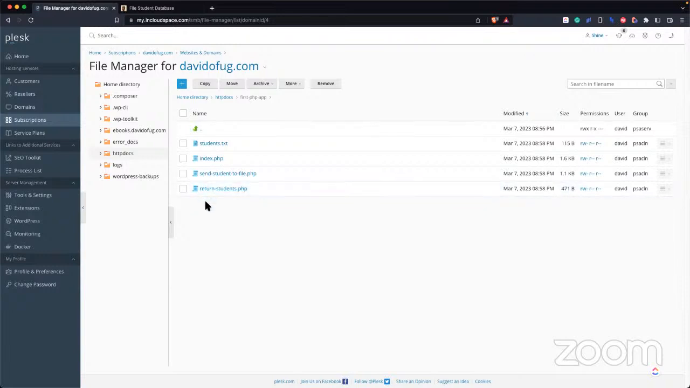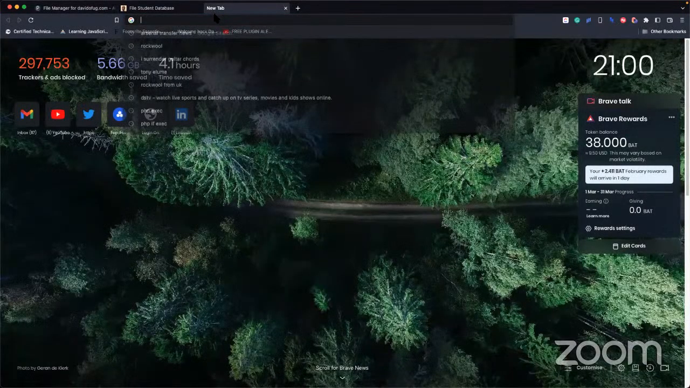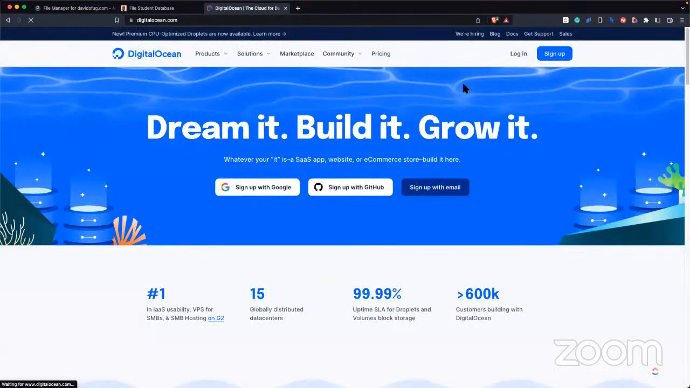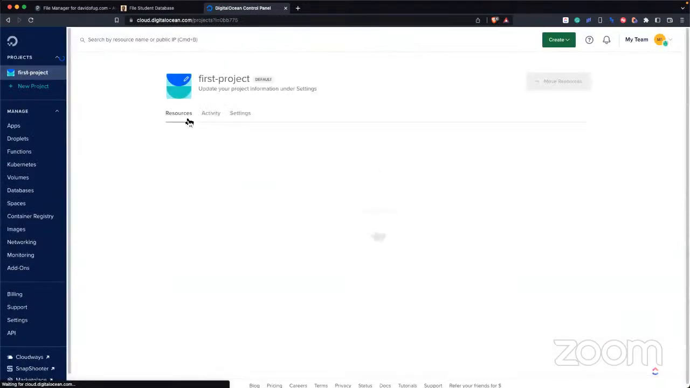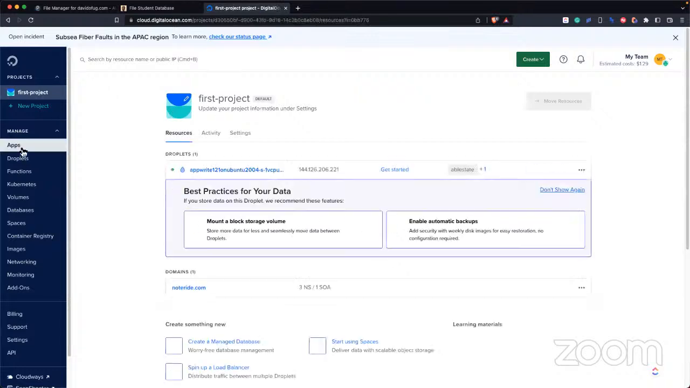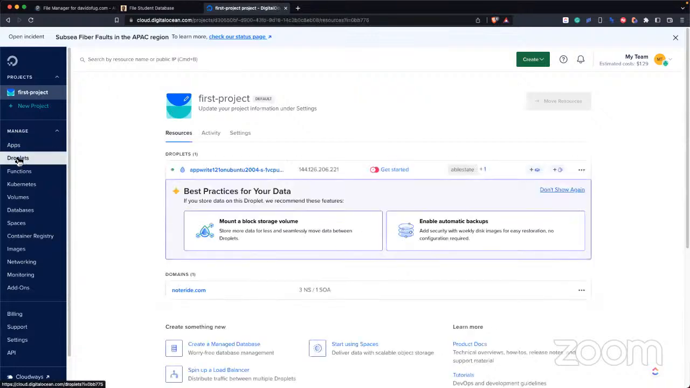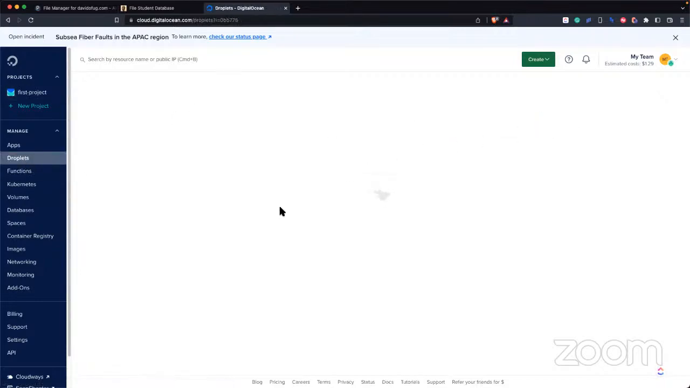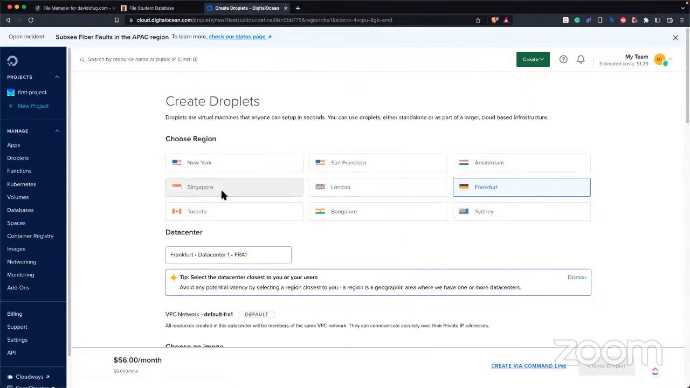You might be on platforms like DigitalOcean, okay, where they give you droplets. And, you know, I'll try to log into DigitalOcean. Give me a moment. So on platforms like these ones, you have droplets, you don't have a simple thing like Plesk, but you can install Plesk on them. So if you click droplets, then create a droplet,